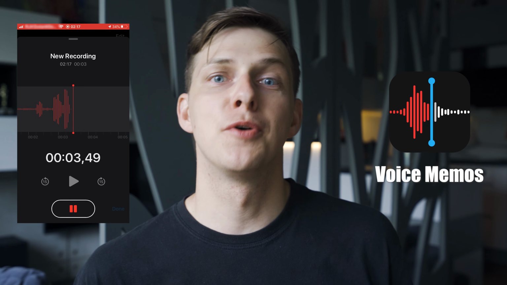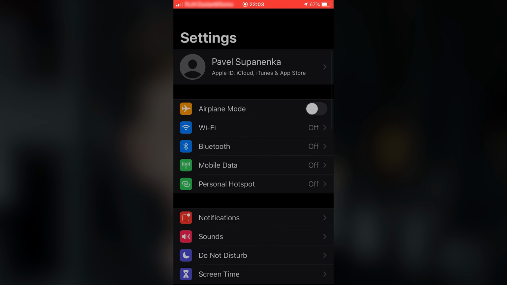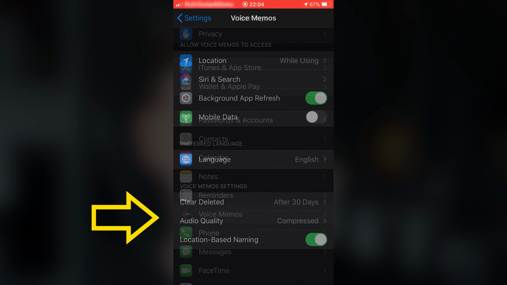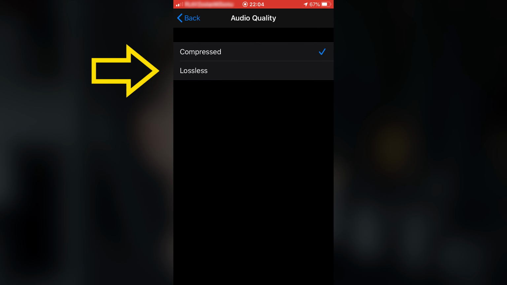By the way, I forgot to mention, for the sound recording, I'll be using just the default Voice Memos app on the iPhone, so really just the most basic software. I believe any smartphone has this option. However, if you want to have even better sound quality from your iPhone, just go to your settings, then find the Voice Memos app, and change the audio quality from compressed to lossless. This way you'll be able to obtain greater sound to work with.